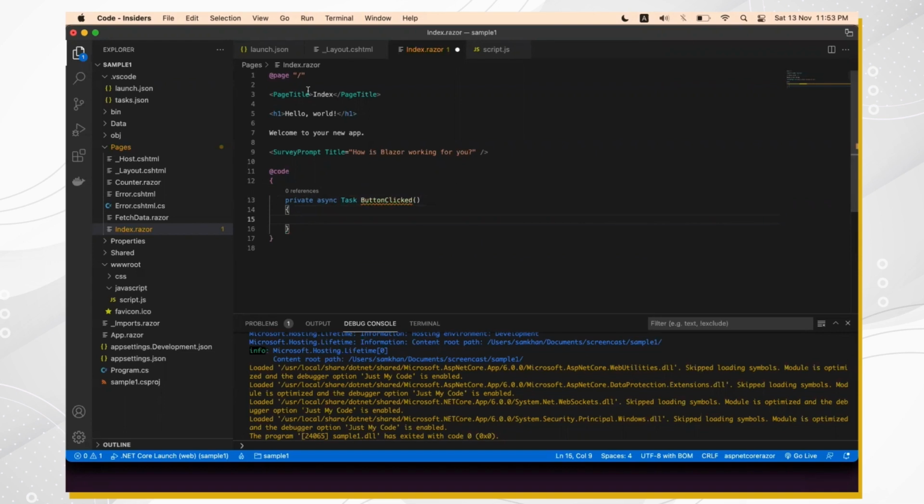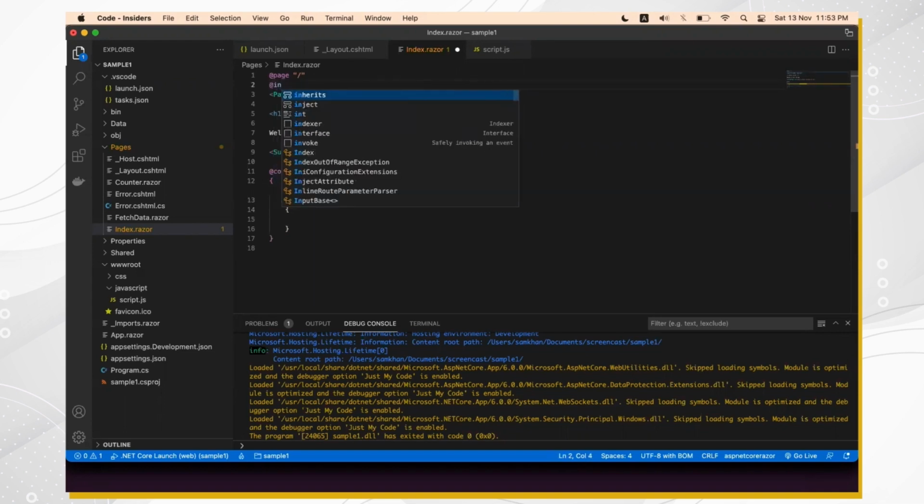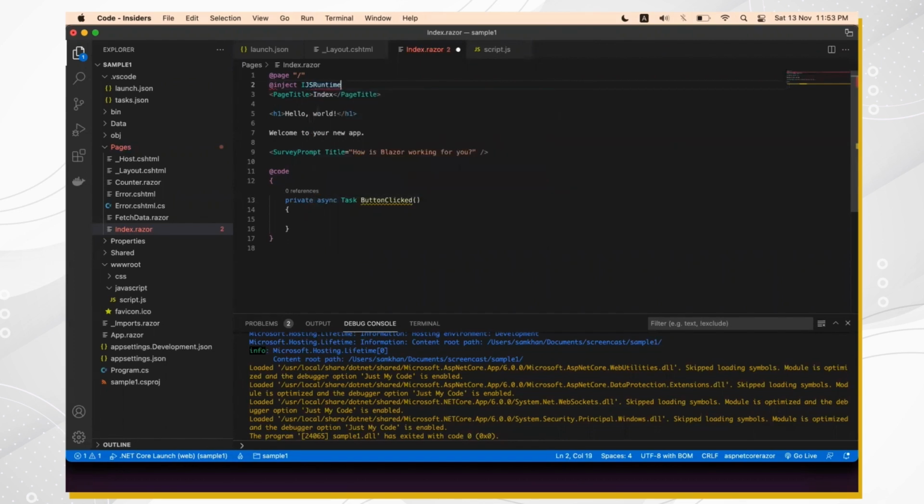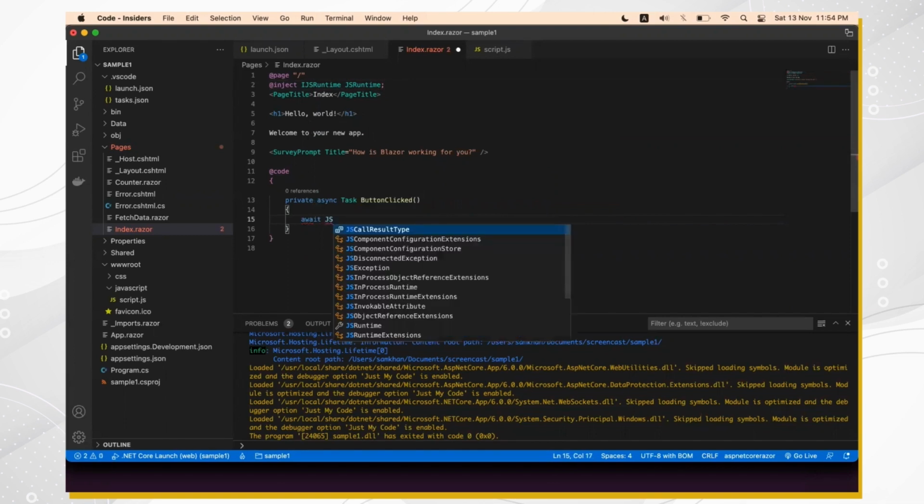Oh, but before I could do that, let me inject IJSRuntime. Okay. Inject IJSRuntime. Right, I'm going to call it JSRuntime. That's done, and I'm going to be making a call, or rather, I'm going to be invoking that JavaScript function that